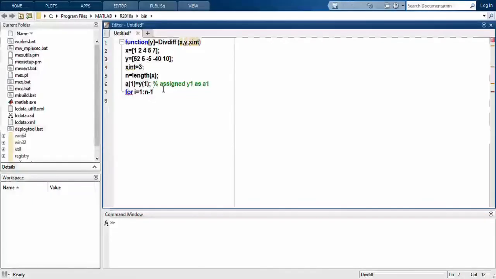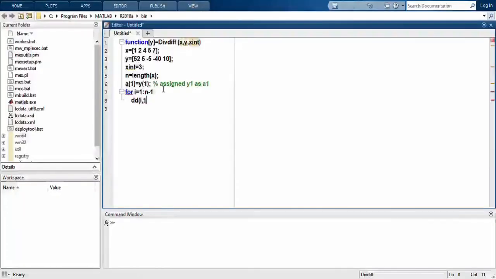So 1 to n minus 1. This step calculates the first order divided difference. Let it be DD, divided difference, where i means number of rows, and the column is only 1